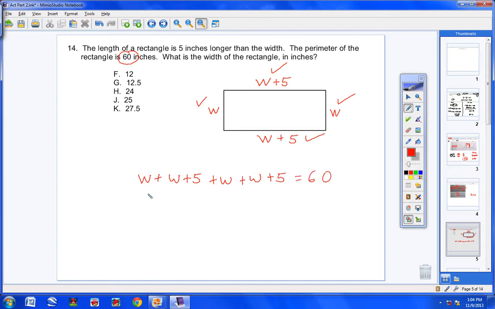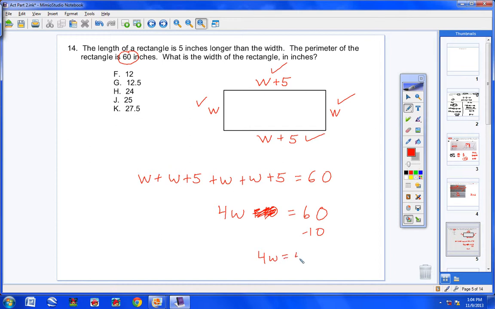So here we go. W plus W plus W plus W. Don't forget there's a 1 in front of each one, okay? So 1 plus 1 plus 1 plus 1 would be 4W, and then 5 plus 5 would be 10. Remember, you can only combine like terms. You cannot combine unlike terms. Now we bring the 10 over, and when we bring it over, it becomes a negative 10. So this 10 is now gone. We're going to cross it off and put a negative 10 right here. And so I'm left with